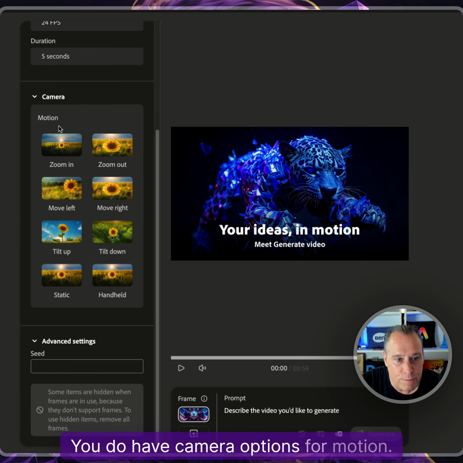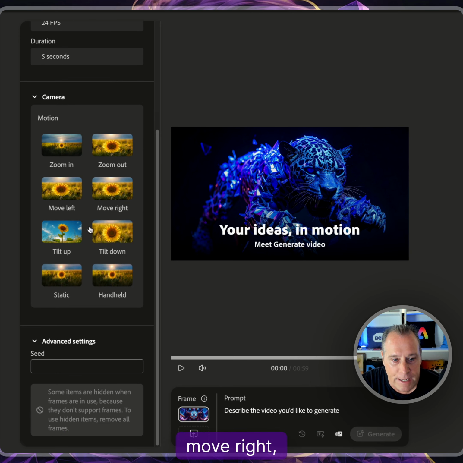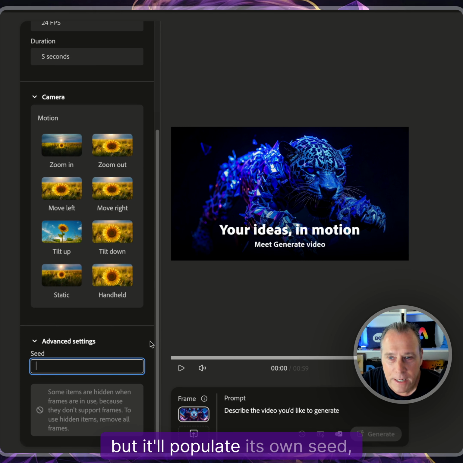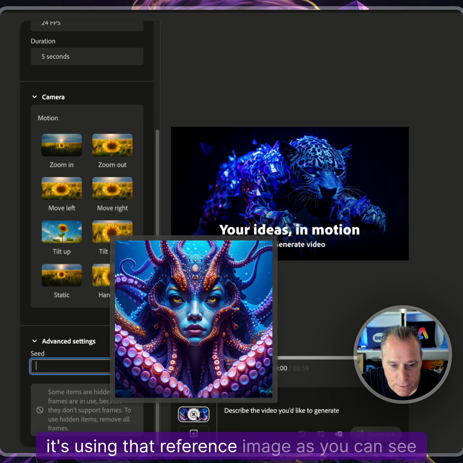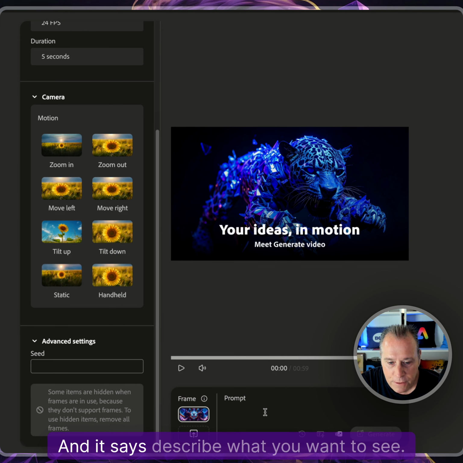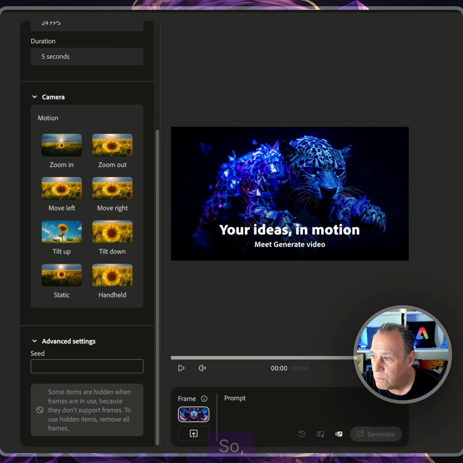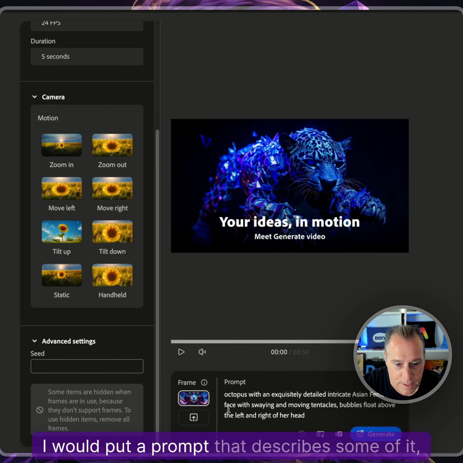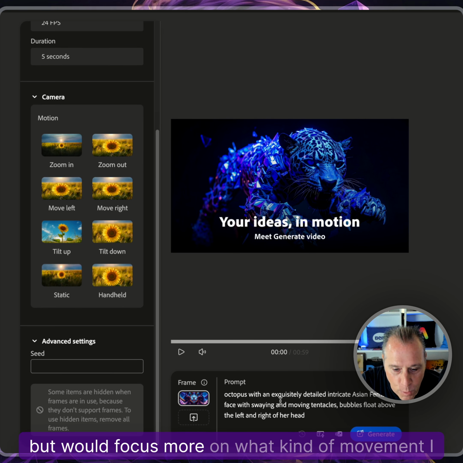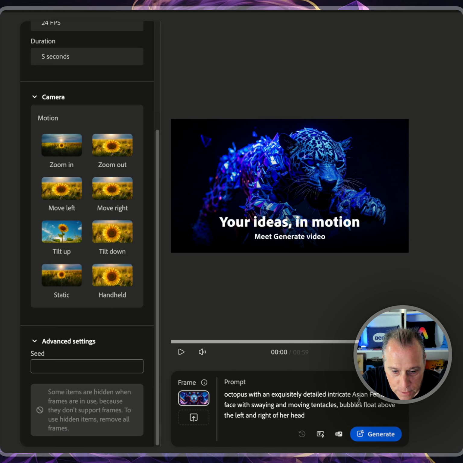You do have camera options for motion, so zoom in, zoom out, move left, move right, etc. And under advanced settings, you have a seed thing, but it'll populate its own seed, and then you'd have to do more research on that. So it's using that reference image, as you can see here at the bottom, and then it says describe what you want to see. So instead of putting the exact same prompt to create that image, I would put a prompt that describes some of it, but would focus more on what kind of movement I want. So swaying and moving tentacles, bubbles float above to the left and right of her head. Hit generate,